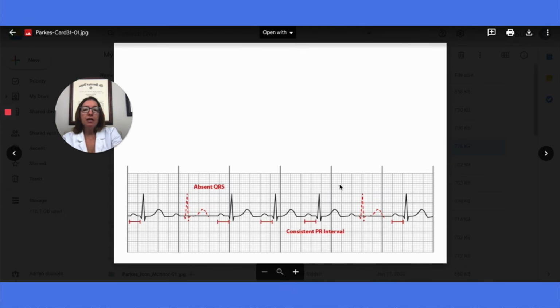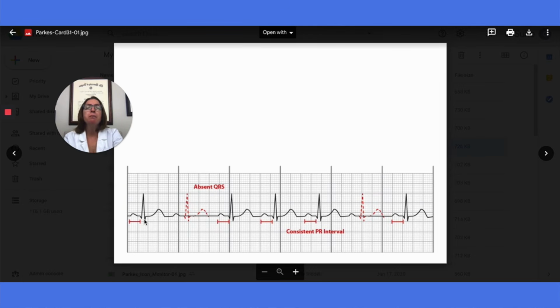If we look at this strip, you will see that our atrial heart rhythm is regular. So there's an equal distance between these P waves. However, our ventricular heart rhythm will be irregular because we have these missing QRS complexes. The distance between this R wave and this one is very different than between these two R waves. And then if we look at the P waves, those are nice and consistent. They're upright. They are of proper duration and amplitude.